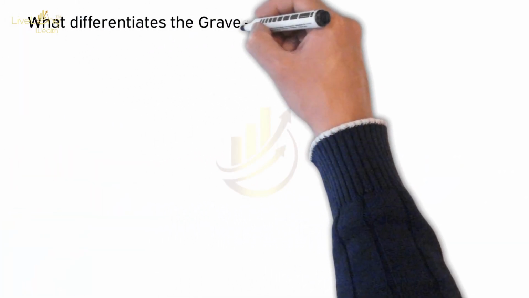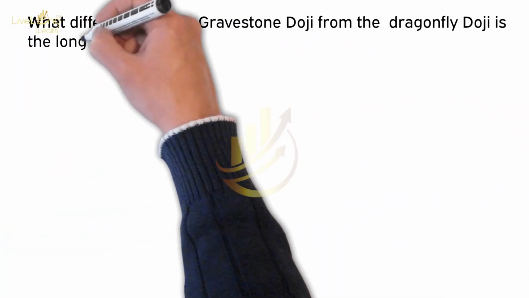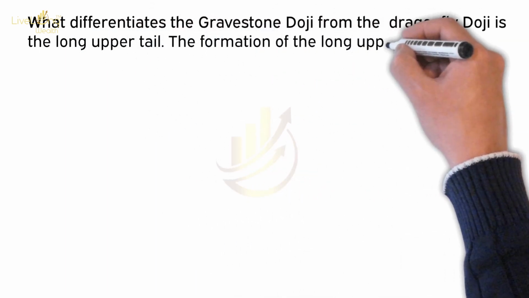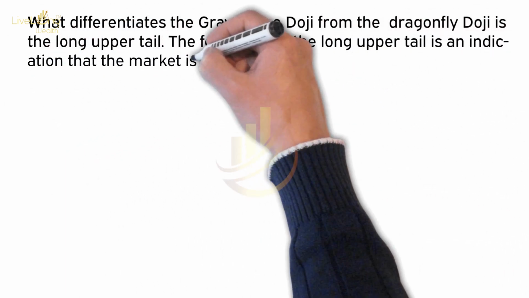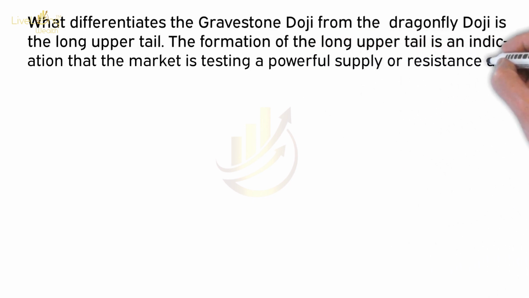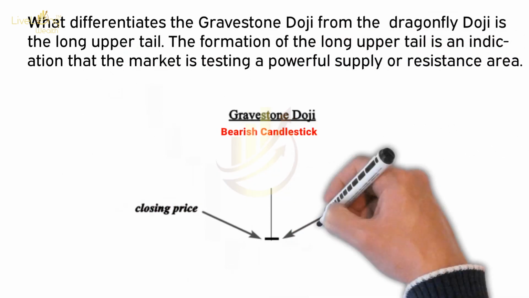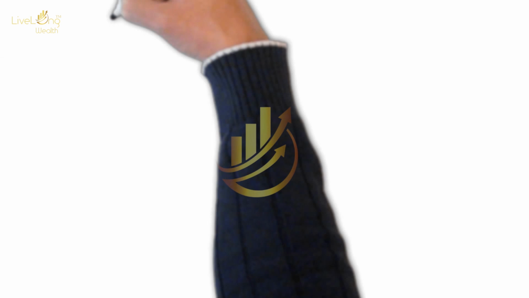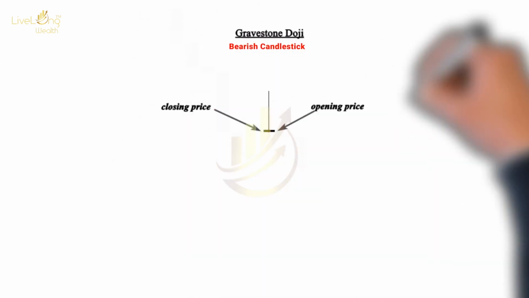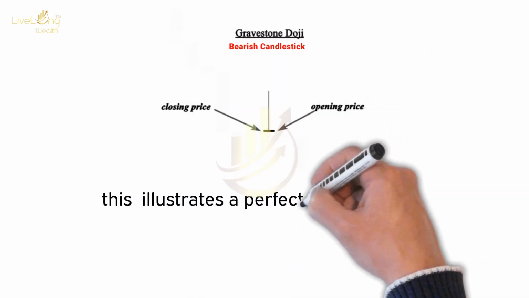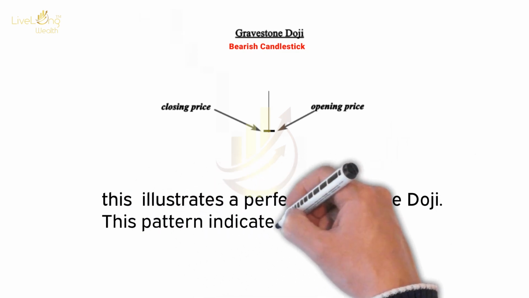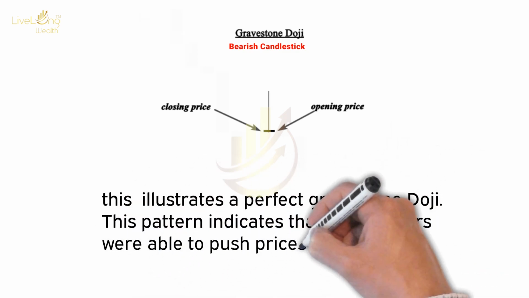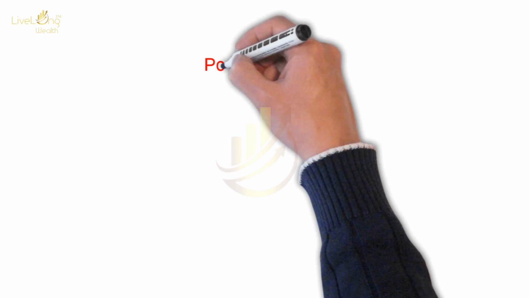What differentiates the Gravestone Doji from the Dragonfly Doji is the long upper tail. The formation of the long upper tail is an indication that the market is testing a power supply or resistance area. This illustrates a perfect Gravestone Doji. This pattern indicates that while buyers were able to push prices well above the open,